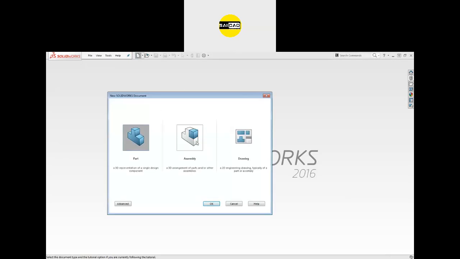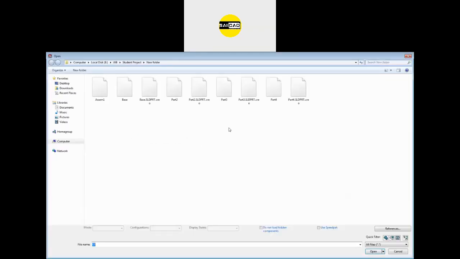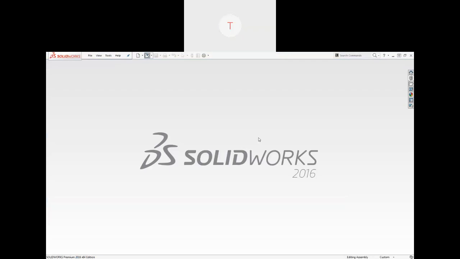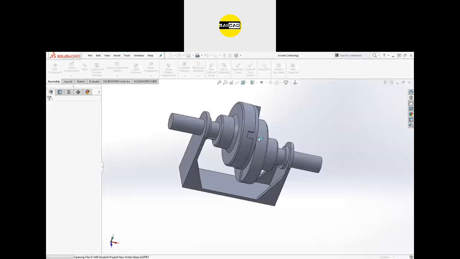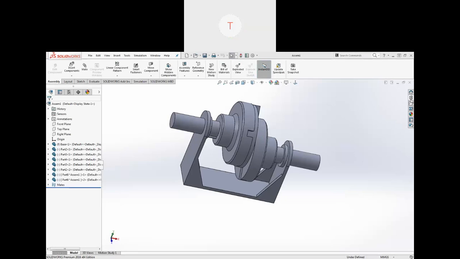So first of all, open the part. I'm going to directly open a file from here, and I'm going to directly open an assembly toolbox. Right now, I'm going to show you the toolbox. I cannot show you the working, but I will show you how you can enable your toolbox from here. Wait for just a second. Okay, so for the toolbox, click here. Please just turn off your mic.